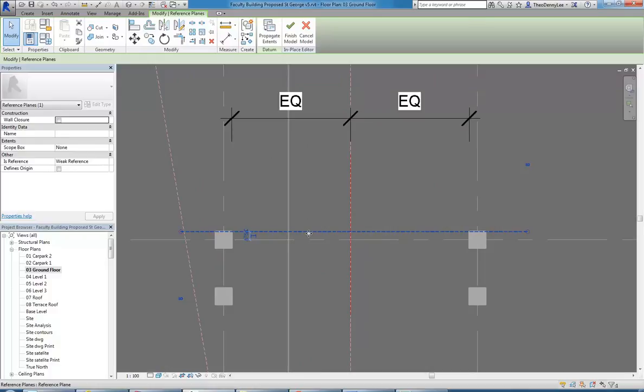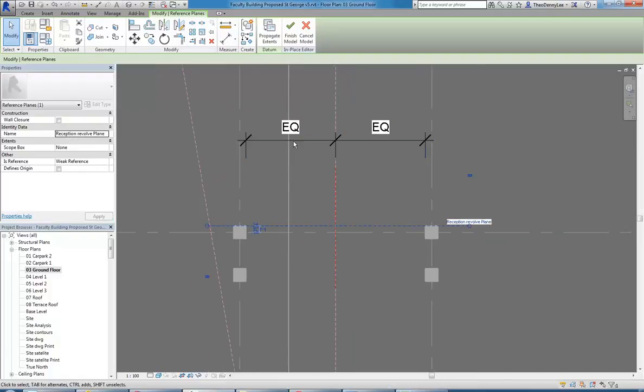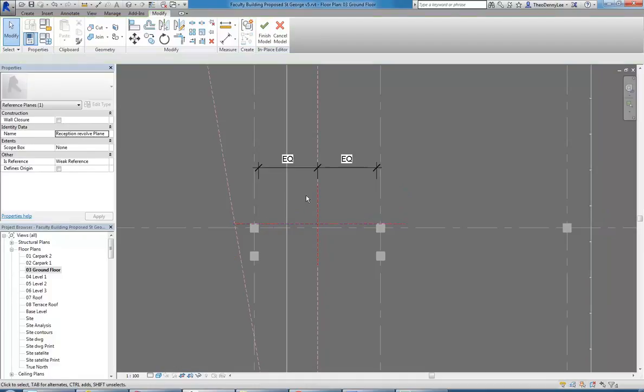So the most important thing, if you want to draw on a reference plane, do you remember what you need to do? Exactly, name it. That's right. So here, yep, spot on. So over here in properties, I can give it a name. So I'm going to call this reception revolve plane. And then